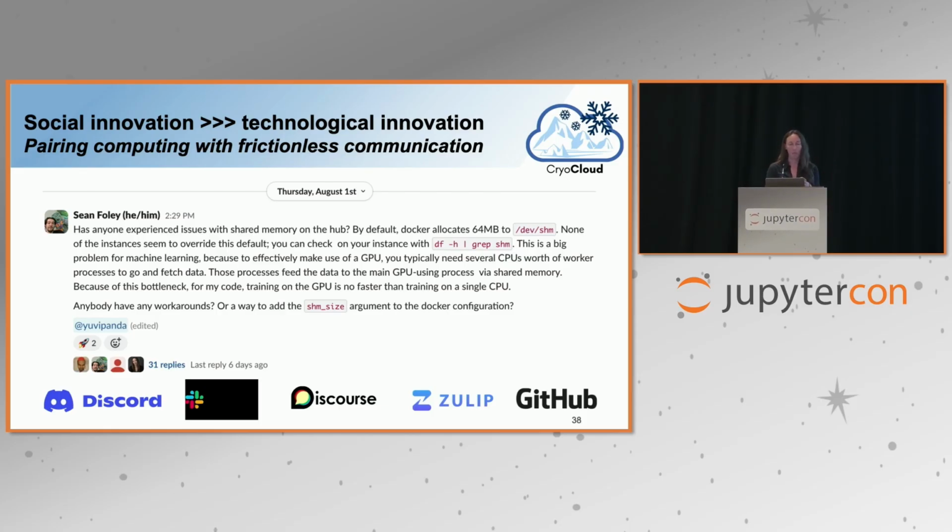We use Slack because our users are really excited to use that. There are a number of other options here. This is an example of a Slack message that one of our users wrote, Sean Foley, when he was running an event. He found that GPUs were underperforming in comparison to what we were expecting on a JupyterHub. And so over the course of 4 hours, he got 31 responses, a lot of them from UV, who's sitting in the audience,